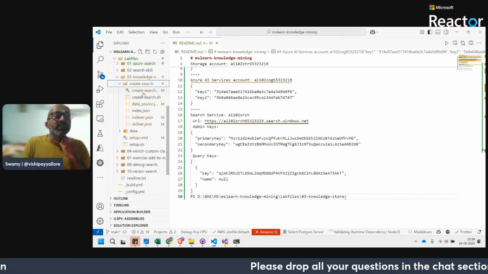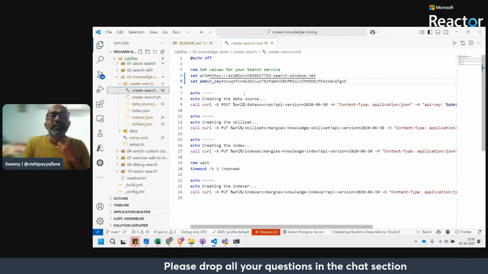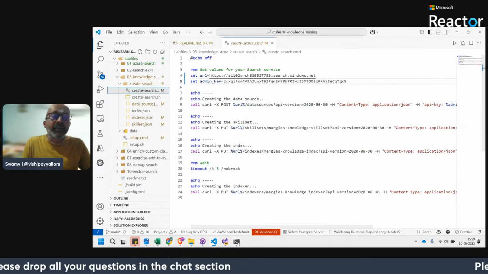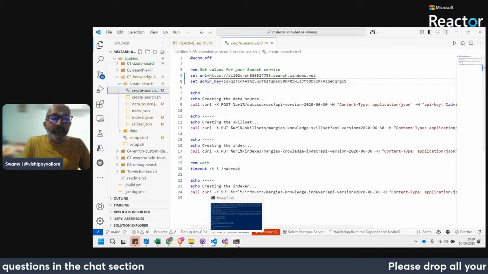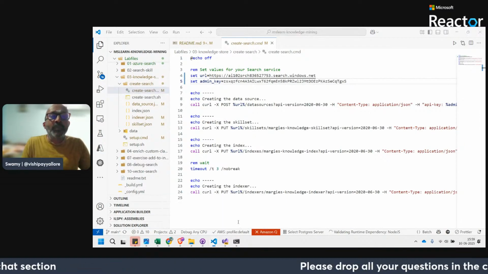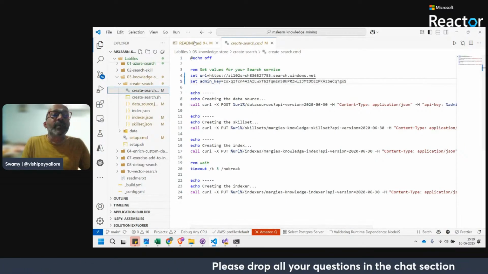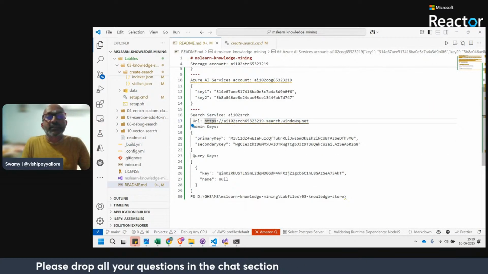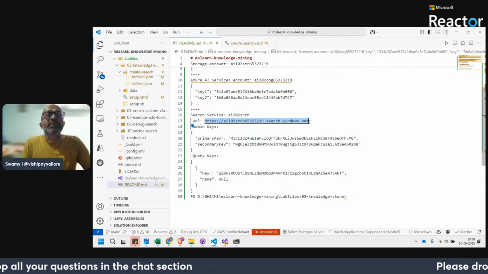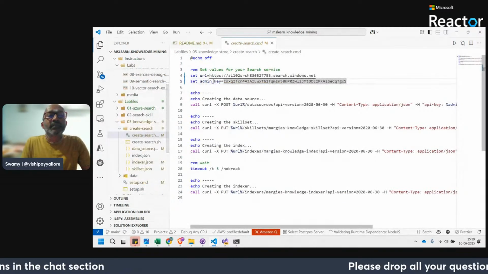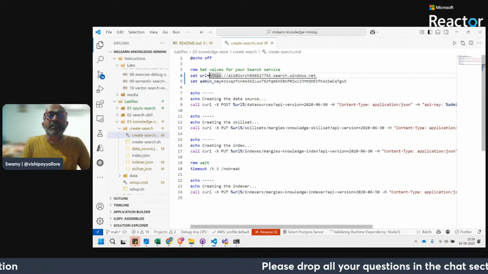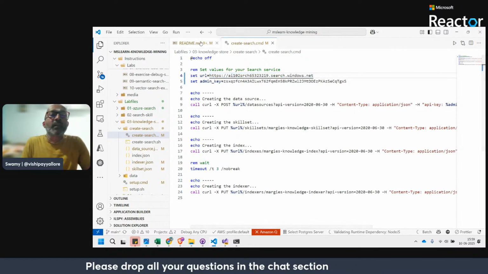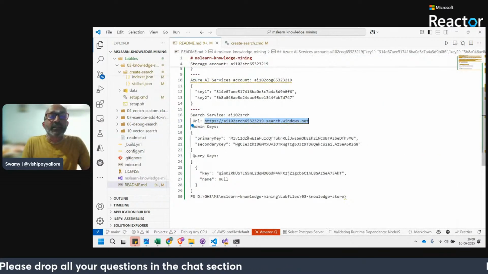One thing we can see in this create search is that it asks for the search service and its key. Here you see this, it's an admin key, so I have copied it here in this readme. It needs the search endpoint that I'm copying, and it needs the admin key.